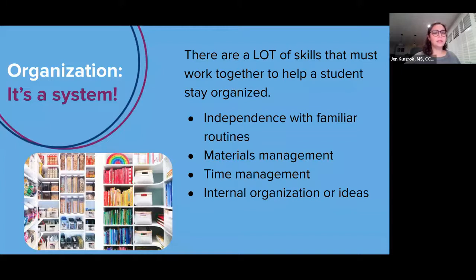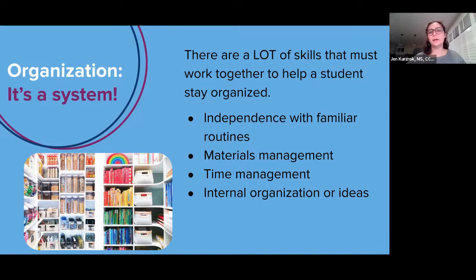So as we move into organization, I put up this picture and this quote from, I don't know if anyone has seen on Netflix, the show The Home Edit, which is a personal favorite of mine. I find it incredibly soothing. But this is their tagline, where anytime they organize something, they say, it's a system. And the reason I bring that up is there's a difference between everything having a place and everything having a logical place and it following a system.